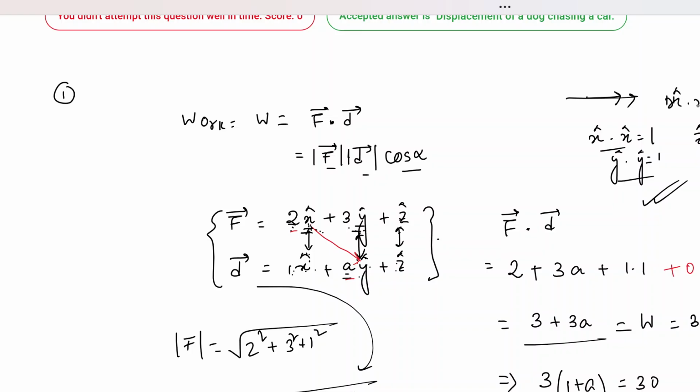So your x dot x is basically modulus of x cap and modulus of x cap into the cosine of the angle between them. Now since they are two same unit vectors, the angle between them will be 0 degree, and they are unit vectors, so their magnitude is 1. So 1 into 1 into cos 0 degree is giving you 1. So this is basically the fundamental equation, and all of the things we are deriving from it are basically results from that.